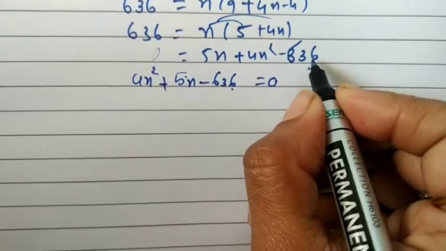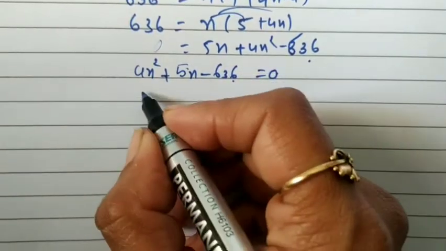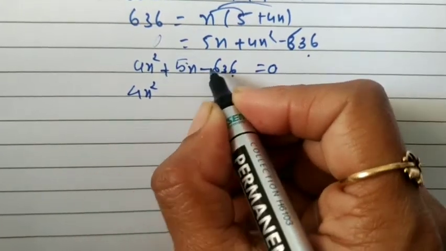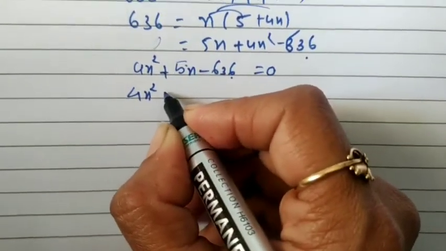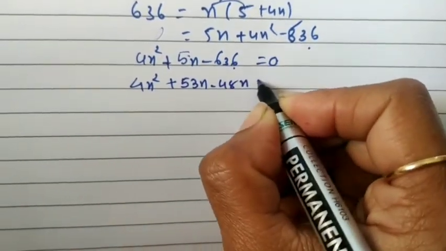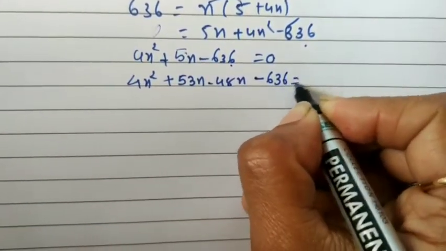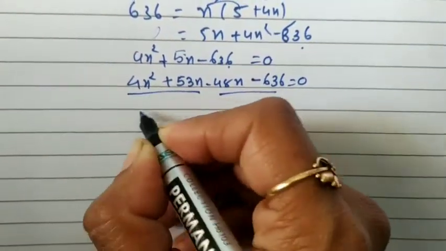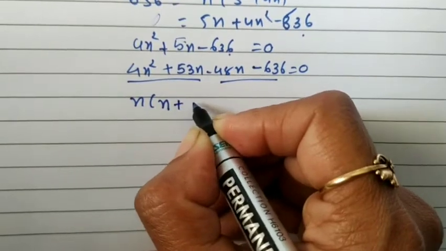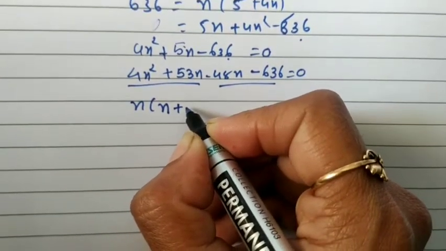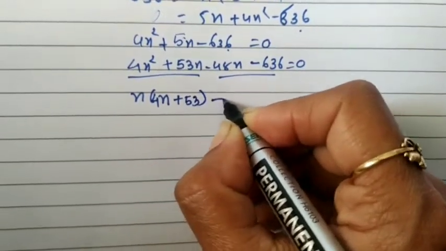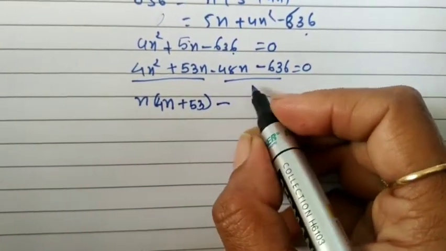Meaning here 636 times 4 we have to do, then we have to factorize it. So how will we find its factors such that on adding and subtracting we get plus 5? So here we will take one factor as 53 and another as 48, and then 636, and that is equal to 0. So let us take n common. So what will it become? It will become n plus 53, that is, 4n plus 53 as it is. Only n has been taken common. Here we will try to take a common factor.